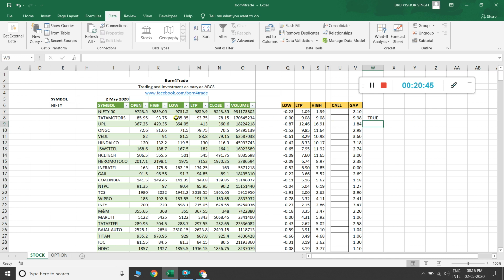Here you can see open is equal to low, but I am just checking another column, then here it fails because here it is not 0.00, it makes 0.87% low. That's why it is not open is equal to low. That's why here it fails.